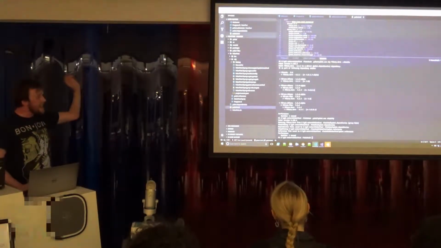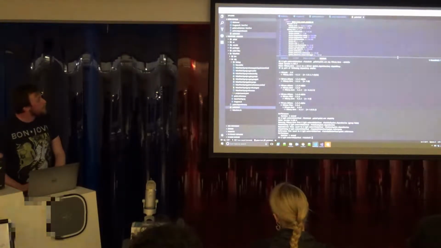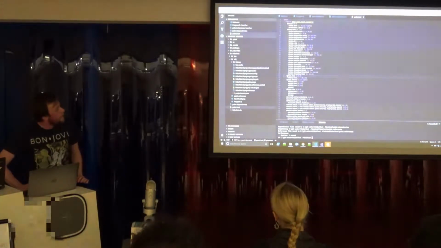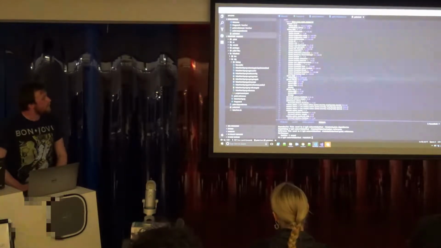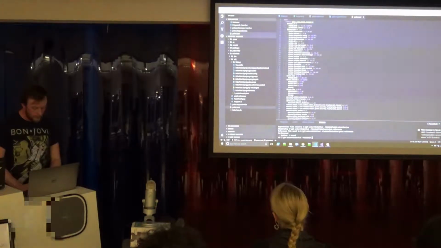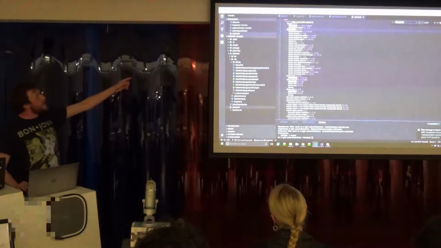So this file is the actual single source of truth. You commit this into source control, and that says exactly what version of any project is in there. It says this project requires F# Core greater than that. You can search for F# Core